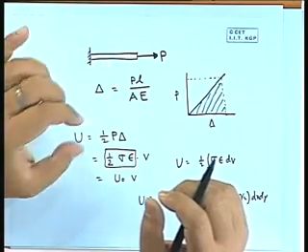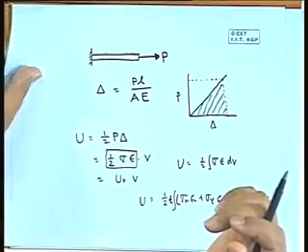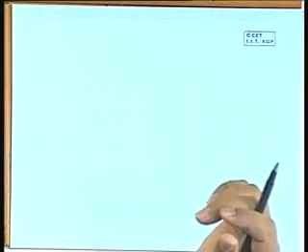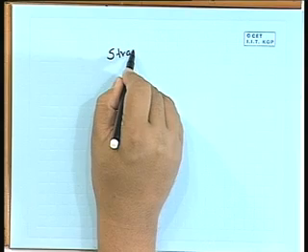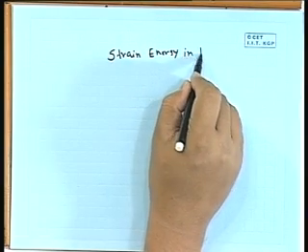Now this expression of strain energy we want to apply directly to a bending problem, because we are handling a problem having some bending of the beam or bending of the frame member. So bending part we are mostly dealing at this moment. So this strain energy if we put in a bending mode, so what will be happening? So if we write strain energy in bending,